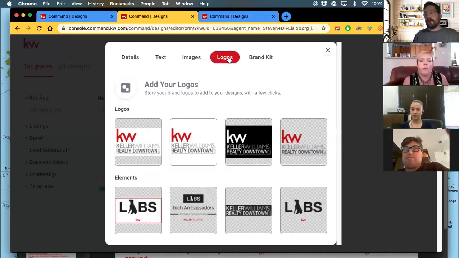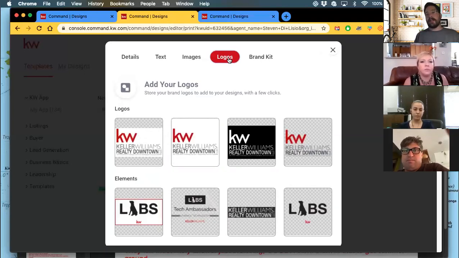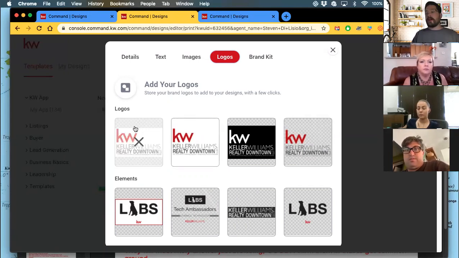Same thing with your logos. So you can see we have logos and elements. The only difference that I can see between them is that the logos have to be in JPEG or PNG format, and the elements can be in a simpler format that I don't even know what they are. They're like a special icon format for clip art and stuff. So they can just be simpler images, but really I just use it to save a bunch of different logos for myself. Team logos, you definitely want your team or your individual logos. And then of course, I definitely recommend everybody having a couple of the DBA logos in there available, because